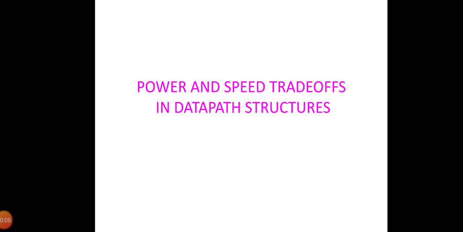Today we are going to speak about power and speed trade-off in data path structures. We have seen already that the adders, multipliers, shifters explored the trade-off between speed and area and ignored the power consideration. Now let us analyze the third dimension of the design exploration space, since most of the approaches to minimize power